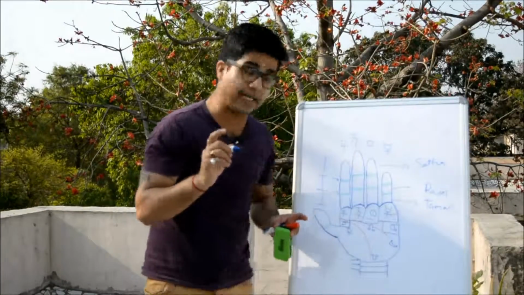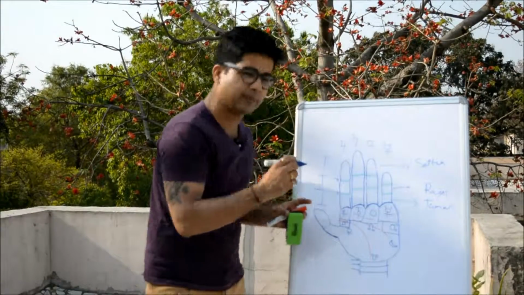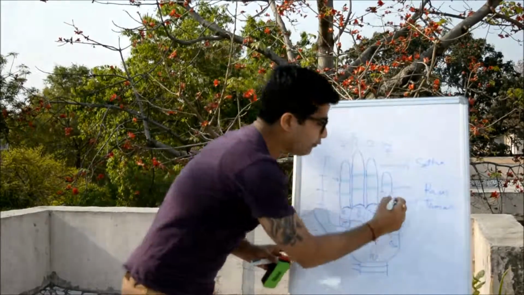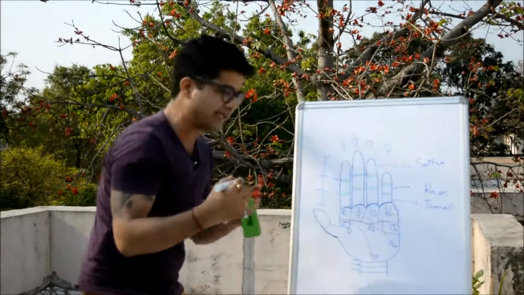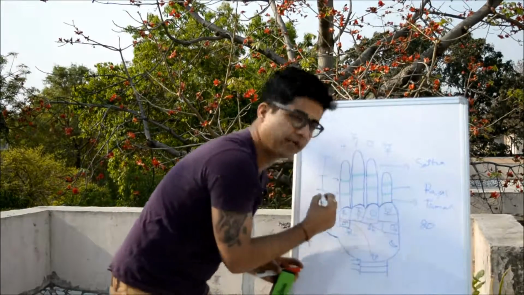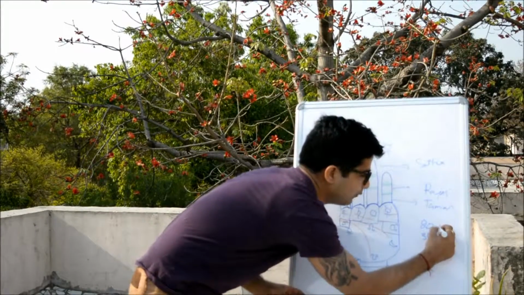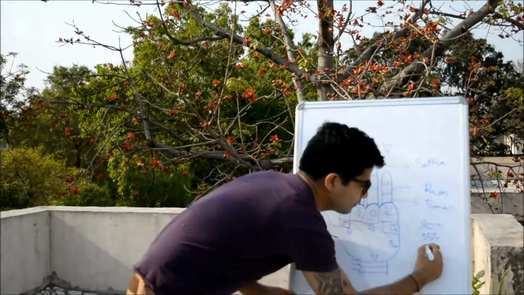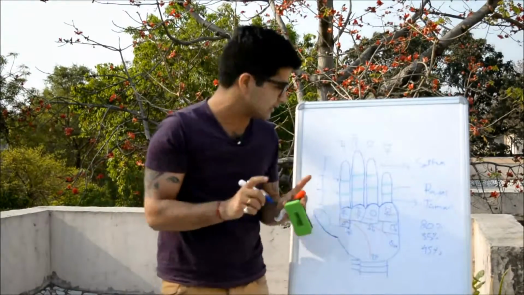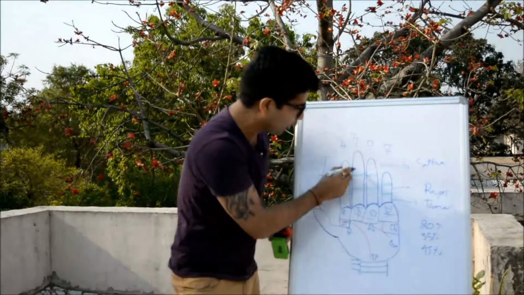In fingers, this thing is very important to understand. Let's say, for example, the length of this finger is 10 centimeters. If the ratio is divided in percentage so that the top phalange is 20% of the complete finger, the middle phalange is 35% of the complete length, and the bottom phalange is 45% of the complete length of the finger, then it is considered normal.